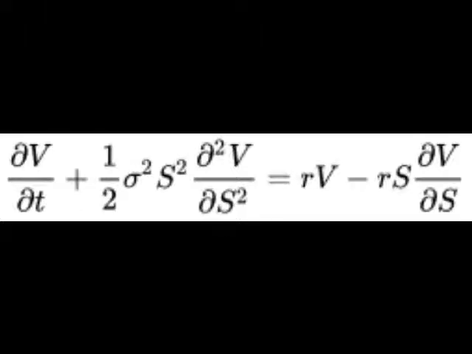Black-Scholes-Merton option pricing model. Derivative pricing in Python. The Black-Scholes-Merton model is one of the earliest option pricing models that was developed in the late 1960s and published